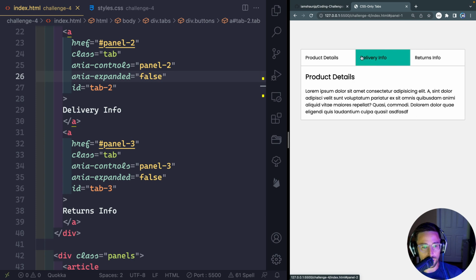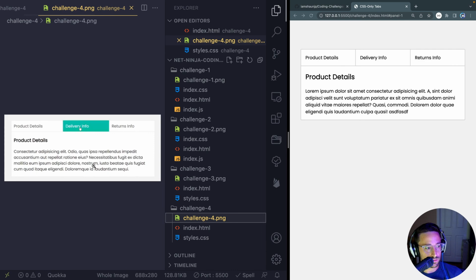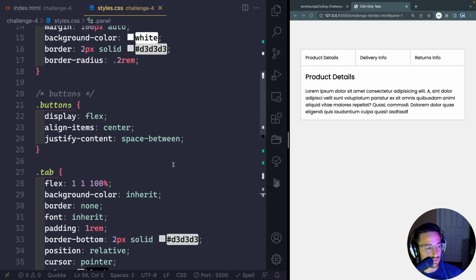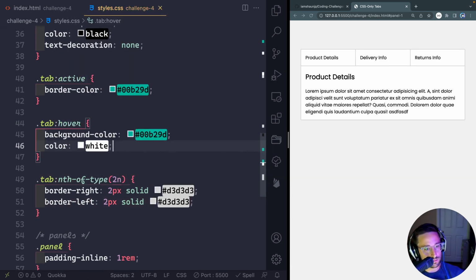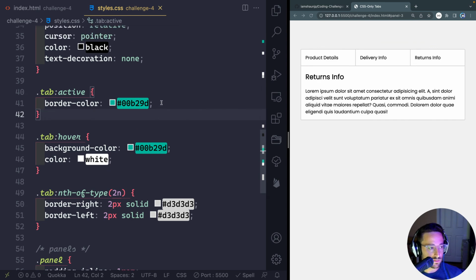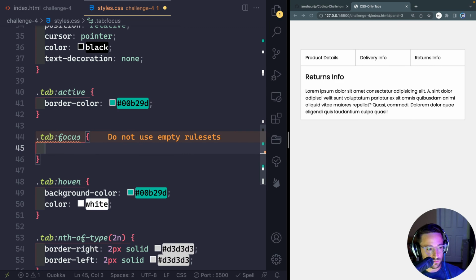So color white on hover. Oh, the text is supposed to be color white? Abdul, thank you. You're right. Okay, let's update that first. So let's go color and white. There you go. All right, I want to do something fun with this, but I think maybe let's just work on these hover states, or these focus states. But I think that might need to be it, because I think anything else is going to just take long